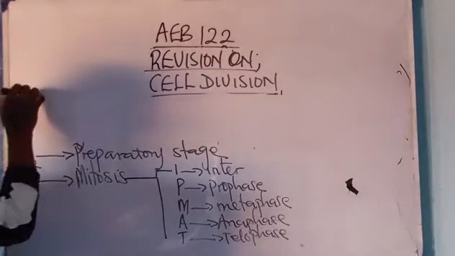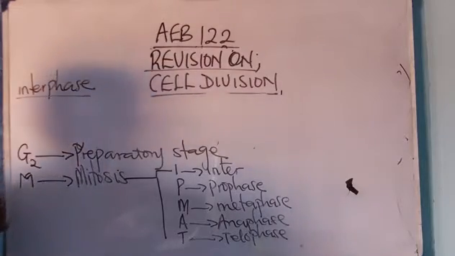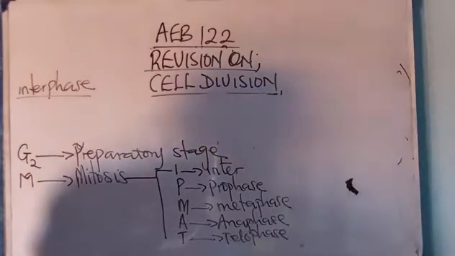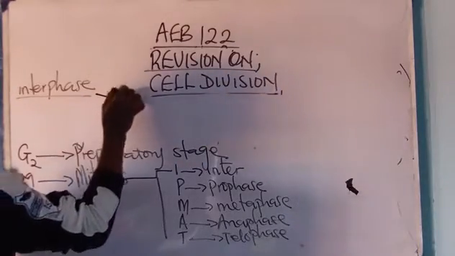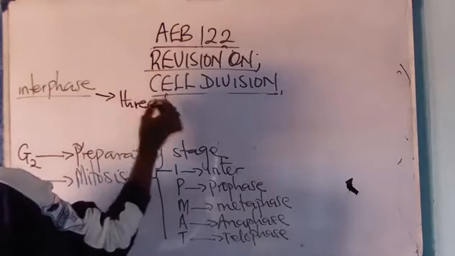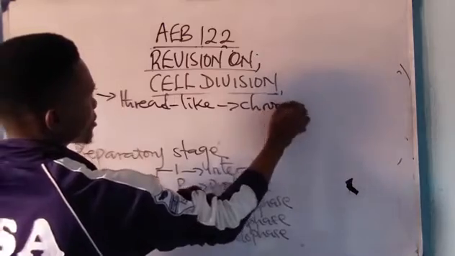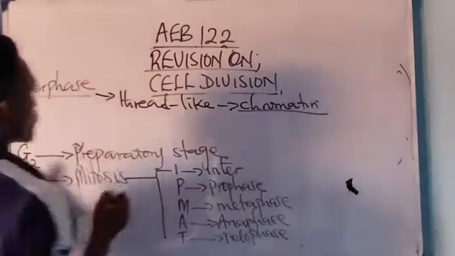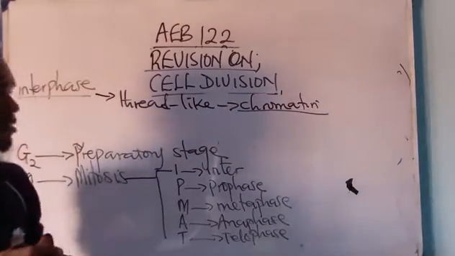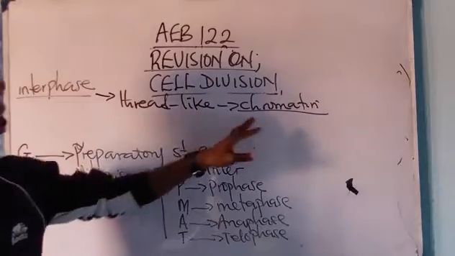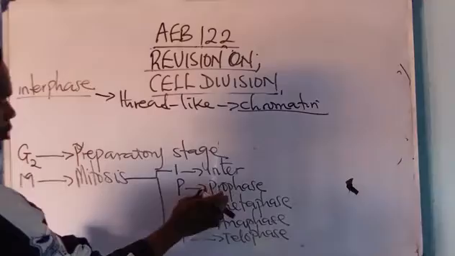During the interphase, the chromosomes are not yet visible. The chromosomes are not yet visible. They occur as thread-like structures called chromatin. During the interphase, the chromosomes are not yet visible. Hence, they occur as thread-like structures called chromatin. But during this prophase,